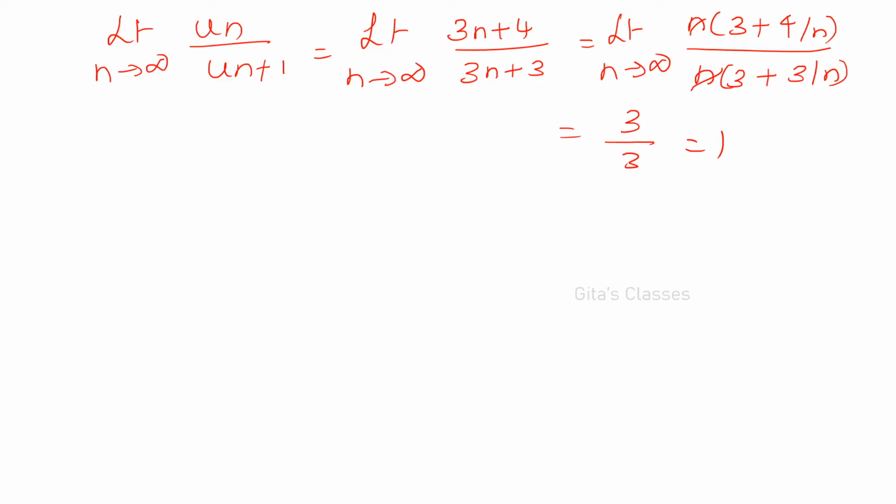When the test fails, what should you do? Now, next is RAPS test. When the ratio test fails, only two conditions. Either you have to go for logarithmic or RAPS test. I'll tell you the condition. When un by un plus 1 contains E, you have to go for logarithmic test. When it doesn't have any E, you have to go for RAPS test. These are the conditions. When I am explaining logarithmic test, I'll explain those things. So now you have only one. Therefore, you have to apply RAPS test. Therefore, ratio test fails. Simply you can say ratio test or D'Alembert's ratio test. No problem. Now you have to go for RAPS test.